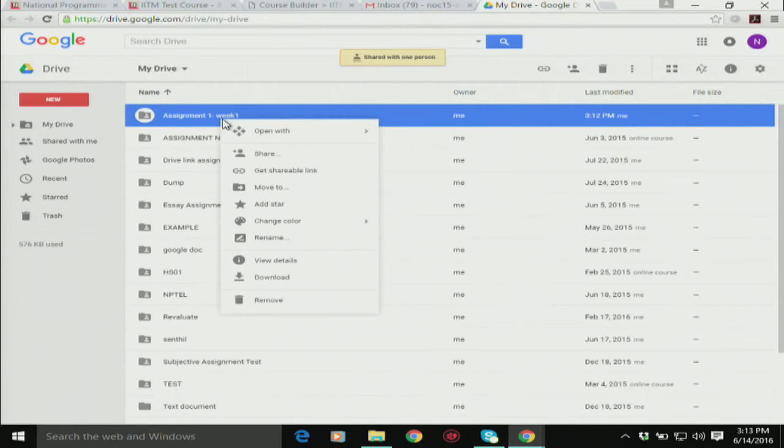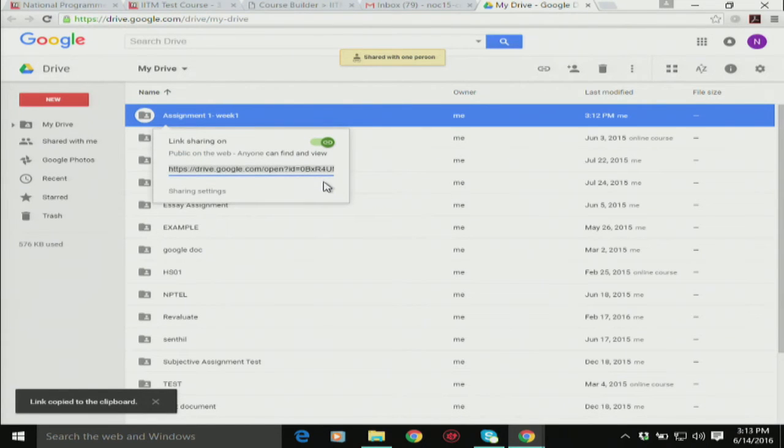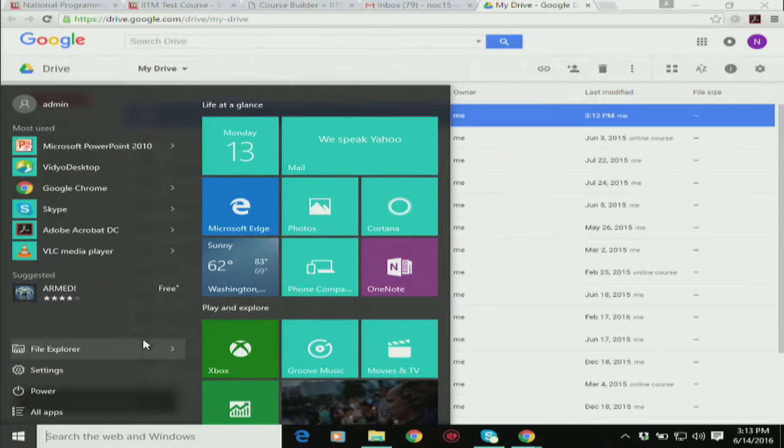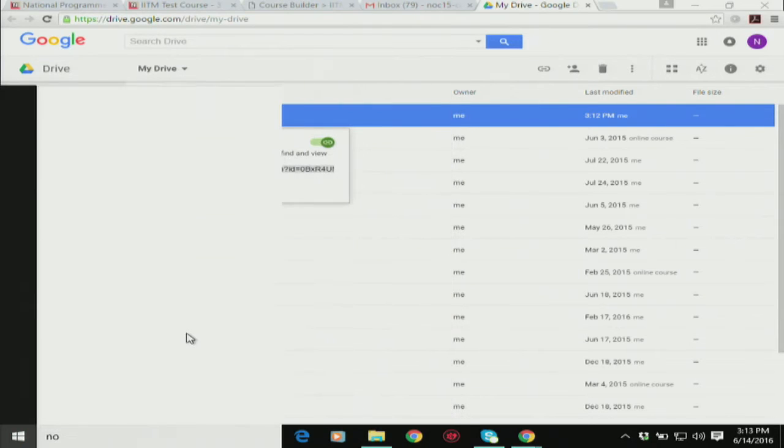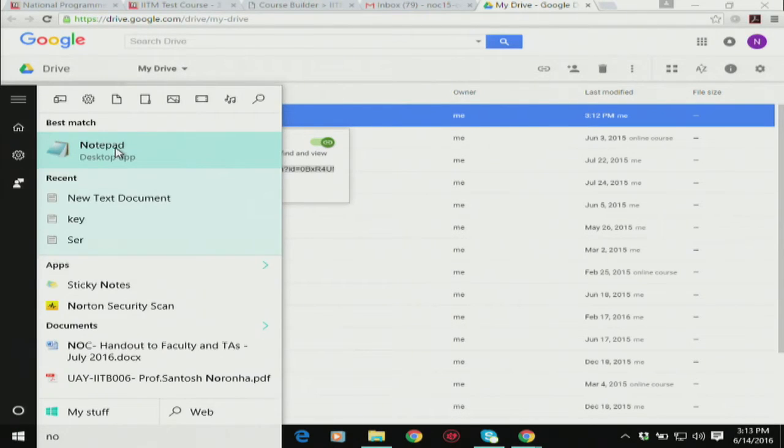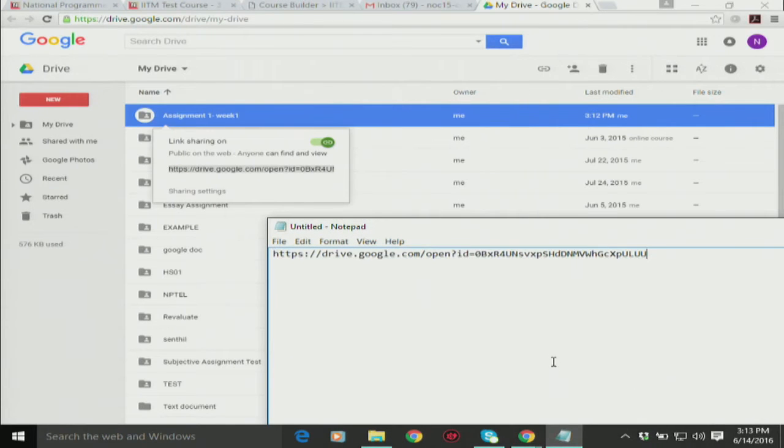Then right click the folder, click get shareable link. You will get this link, copy this link and paste it in the notepad. After the equal sign, there will be an ID. This is the Google Drive folder ID which you need to give in the course dashboard.